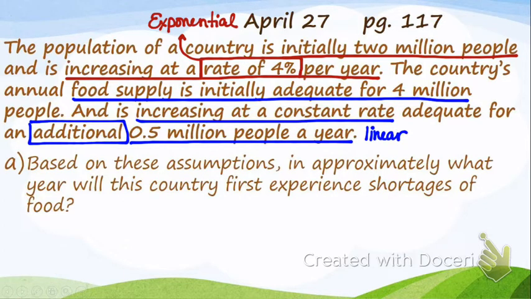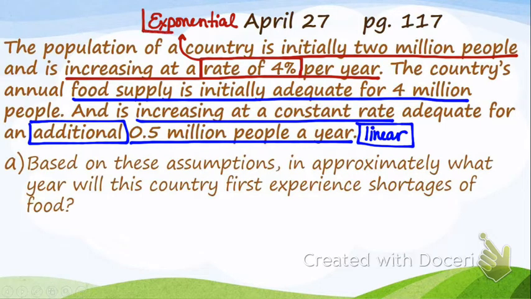We saw yesterday when we were talking about which raise option is right for you, that if you initially chose the $3,000 raise, eventually the 5%ers were going to pass you, right? That exponential function, while it started off lower, did eventually cross and then pass the linear function of $3,000 each year. So this country is going to experience some food insecurity, some food shortages.